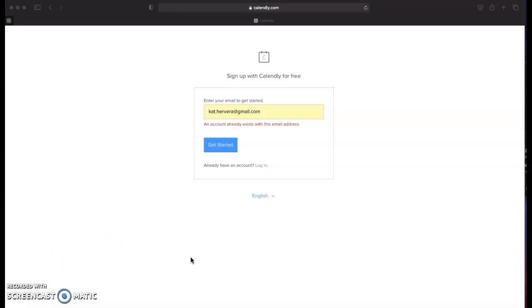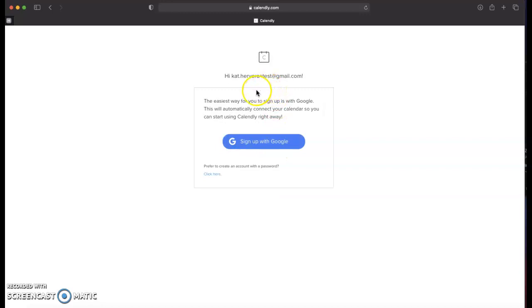Oops. Okay, so since I already have an account using this email, I will just use a sample or a demo account or a dummy Gmail account just for this demo. But you have to use your actual Gmail. Okay, so just click get started, and then there, since it detected that you're using Gmail, then it will show